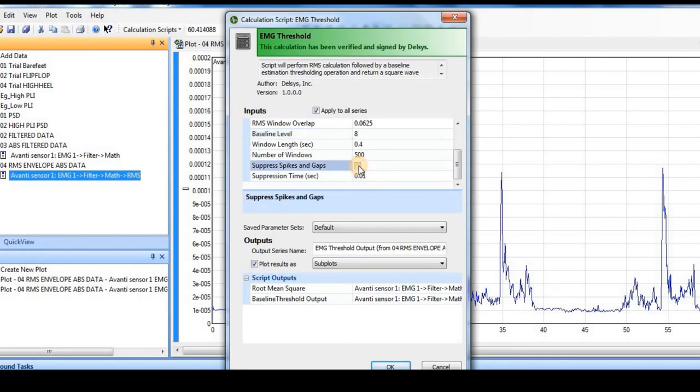If I uncheck it, my last parameter, suppression time, is not valid, but if I check it, I will have to set the value of the suppression time, which for demonstration purposes I am taking as 0.03 second. Before we proceed further, let me just explain what I mean by the suppress spikes and gap feature.